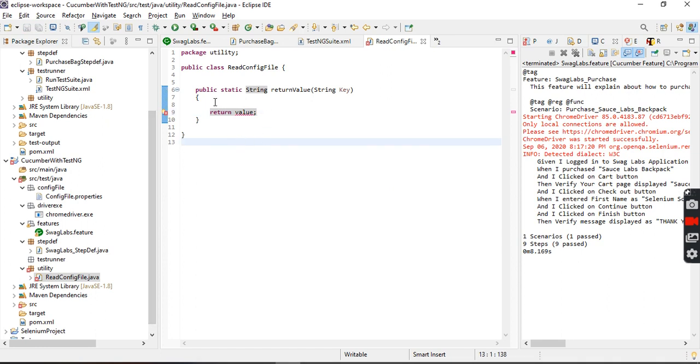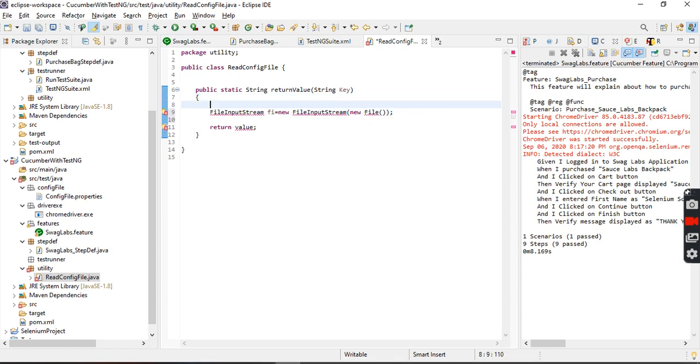We are going to write the program. So first, I'm going to use the FileInputStream. Just to go through the Java program, how to use the file input stream: FileInputStream f is equal to new FileInputStream, and new File of, where is this file located? This file is located somewhere here.